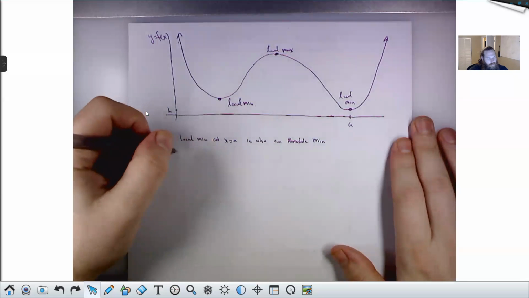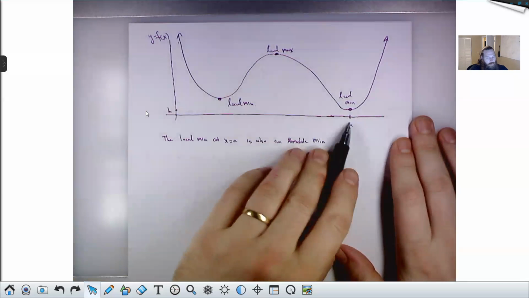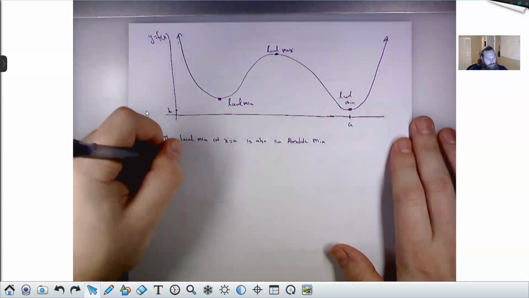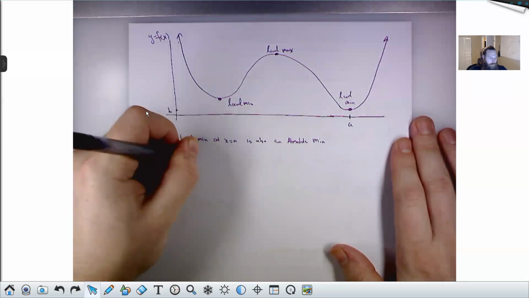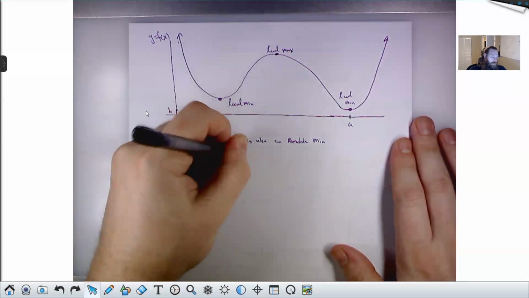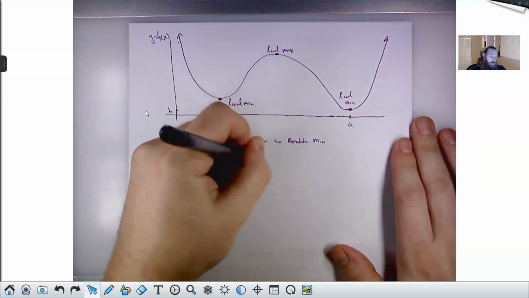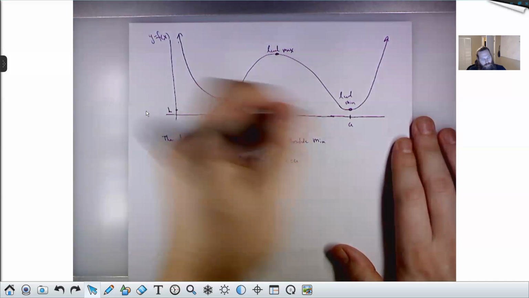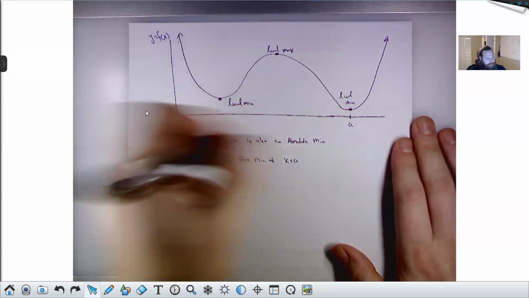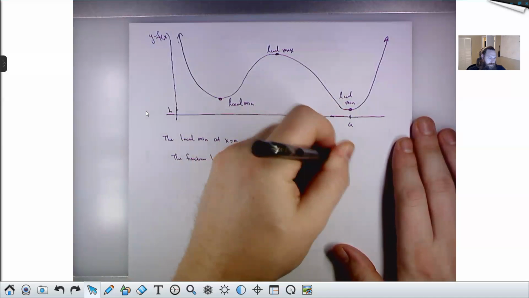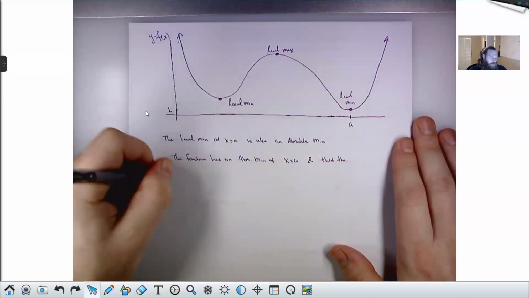So we would say that the function has an absolute min at x equals A here, in addition to saying the local min, and that the absolute min value